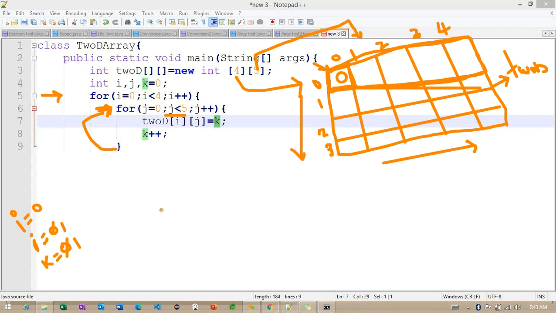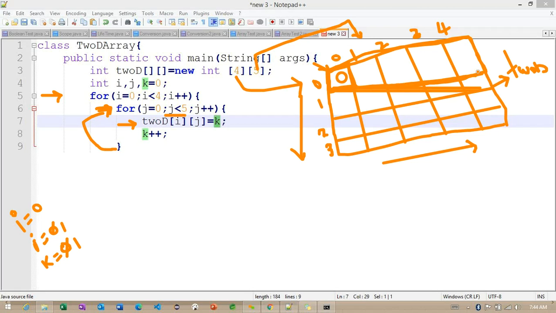We need to check the condition 1 less than 5. The condition is going to satisfy. Whenever this condition is satisfied, what happens internally? Again we enter into this block of code, and again we point to this particular array. What is the I value? I value 0. So still we are in the same row, the first row.